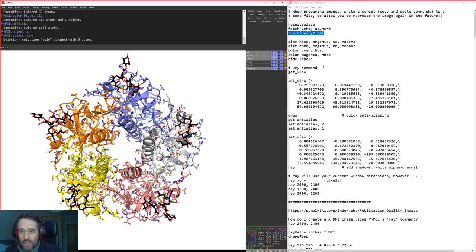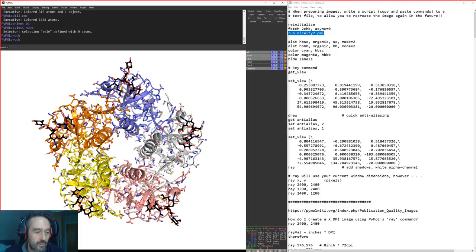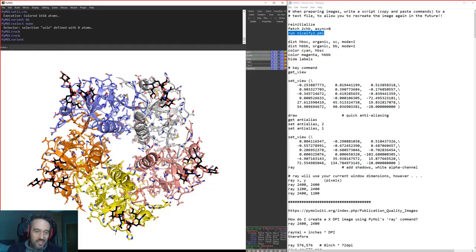When we're going to start making images, a lot of the time you don't particularly want to just use orient. What that normally does is it centers around the highest order symmetry axis that you have in the molecule. So you can see here we're looking down the Z plane of the pentamer axis here.